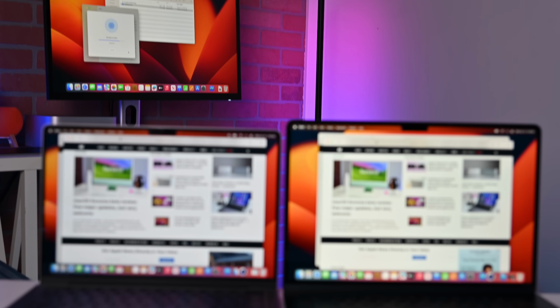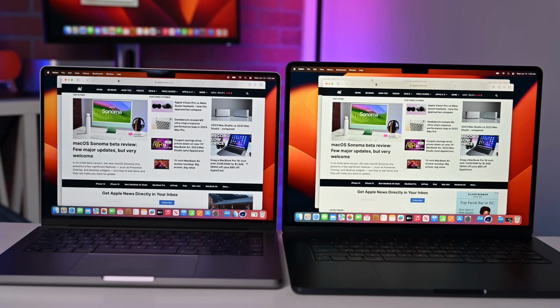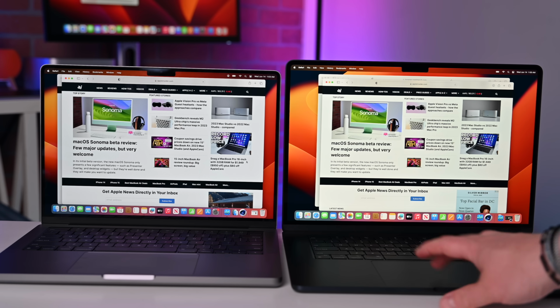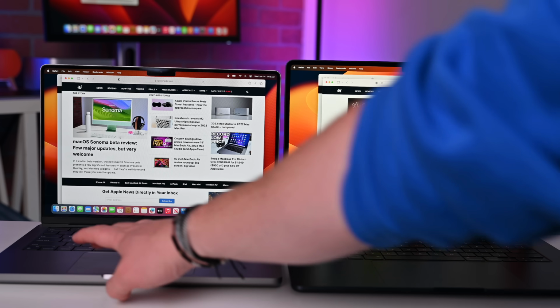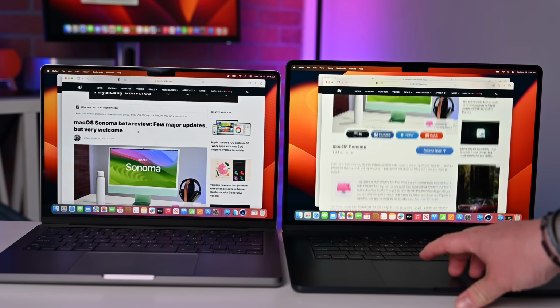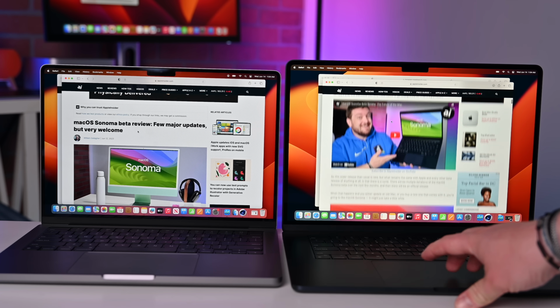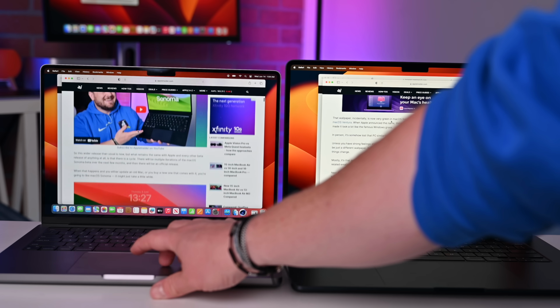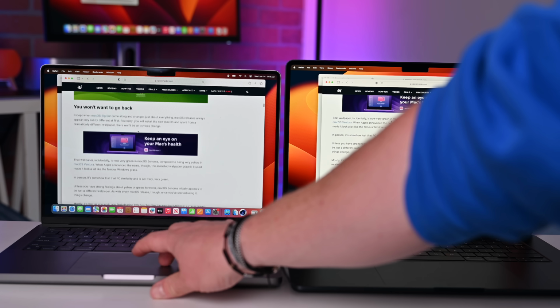Let's start off with some basic specs between these two machines. The displays are the first and foremost thing that I want to talk about, and Apple is using a 15.3-inch display on the new MacBook Air versus a 14.2-inch display on the MacBook Pro. Apple calls it a Liquid Retina display versus a Liquid Retina XDR display, where the XDR stands for Extreme Dynamic Range. If we're looking at a standard dynamic range, both of these have a sustained brightness of 500 nits, but